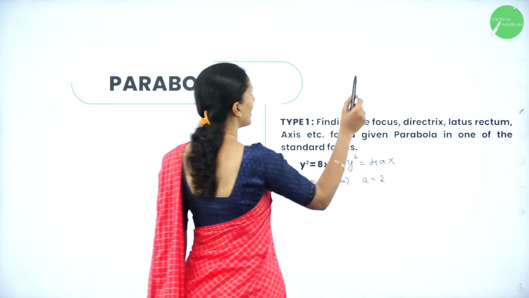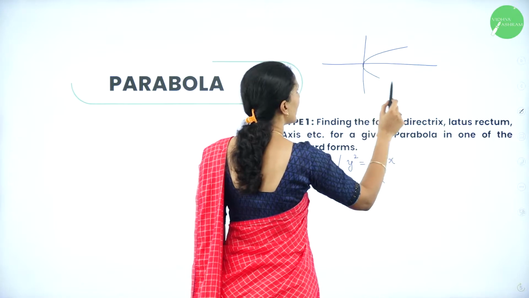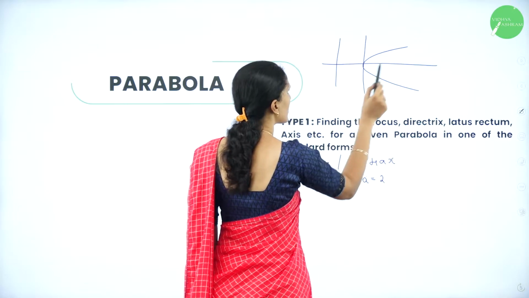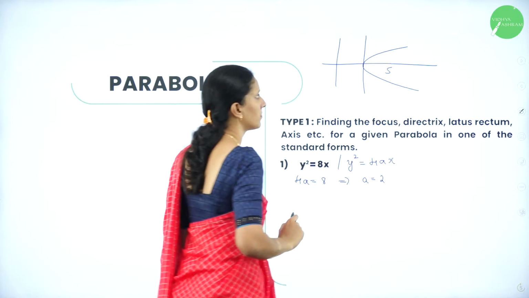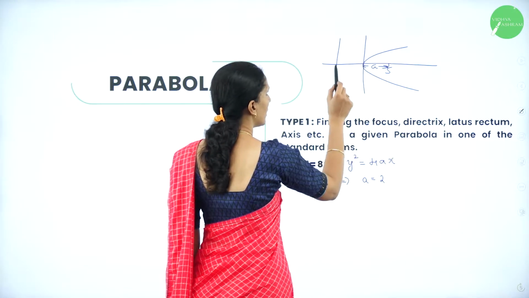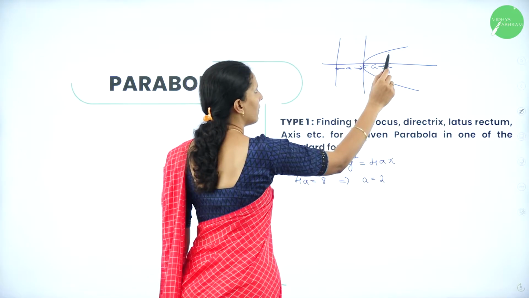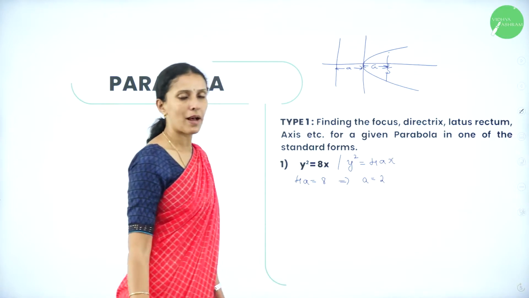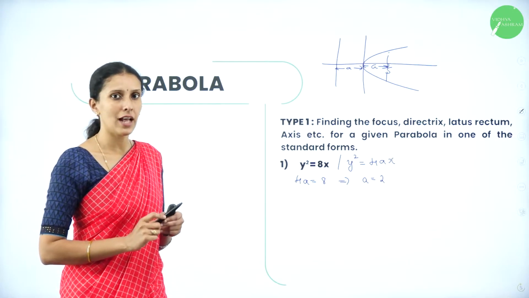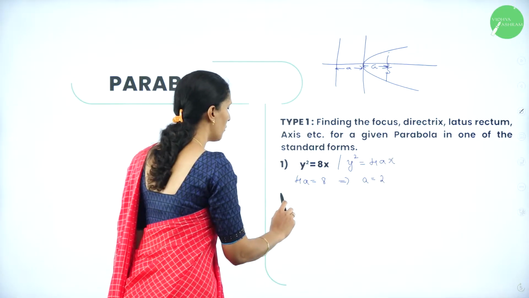So how is my right-handed parabola? Clearly it is symmetric towards the x-axis and we have a directrix here. Let this be the focus, which is at a distance a. This is a now. Even this distance is a. So we have a directrix which is perpendicular to the axis of the parabola. Let's write the characteristics. First, vertex,